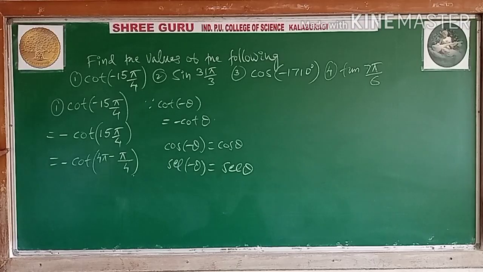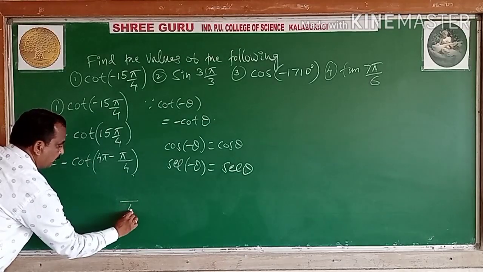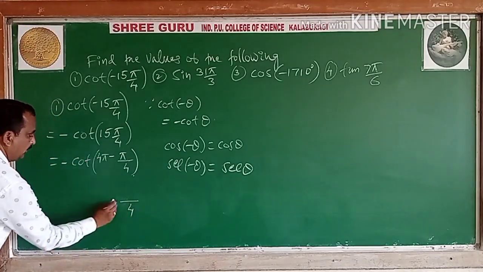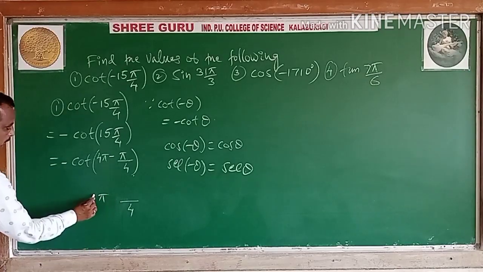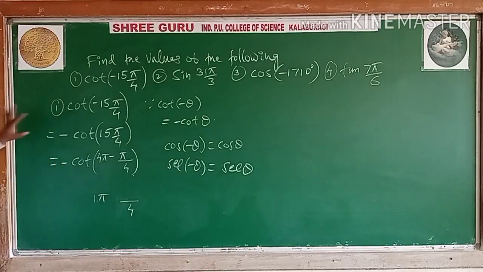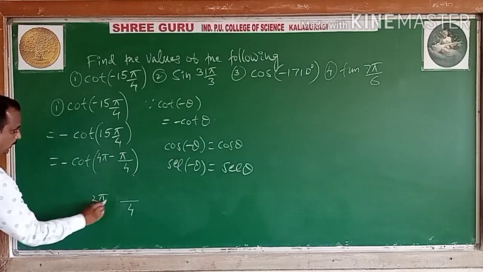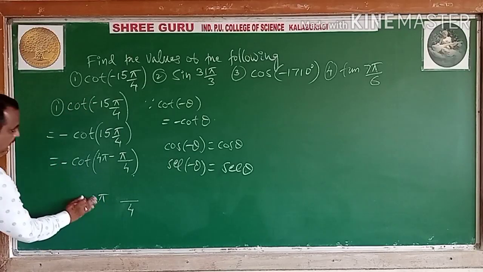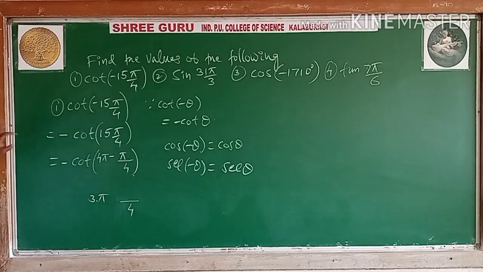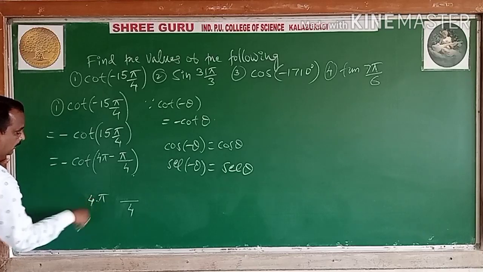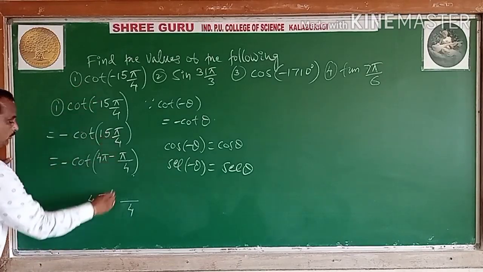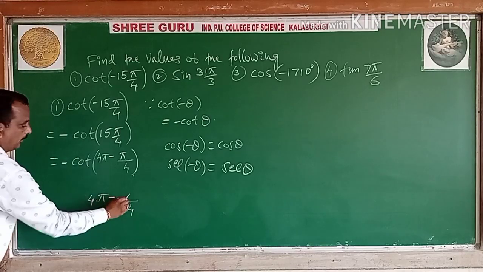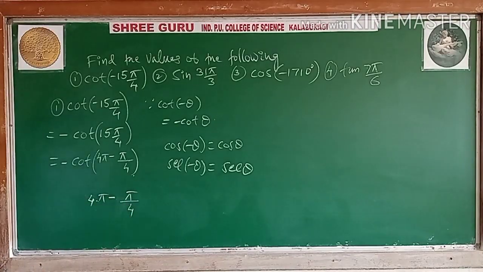Is it clear, students? How have I taken here? First the denominator, whatever it is, 4 is there. Here I have not taken the plus minus sign, I have taken pi only. Multiplied with 1 pi, 4 pi. Then multiplied by 2, it becomes 8 pi. Then multiplied by 3, it becomes 12 pi. You should take nearer. You want 15 pi. Then I have taken 4, 16 pi. It is nearer to 15 pi. So 16 it becomes, you want to subtract 1 pi. So it becomes 15 pi by 4.